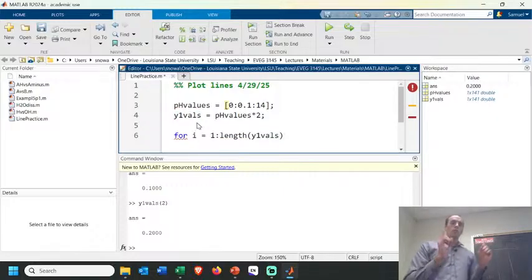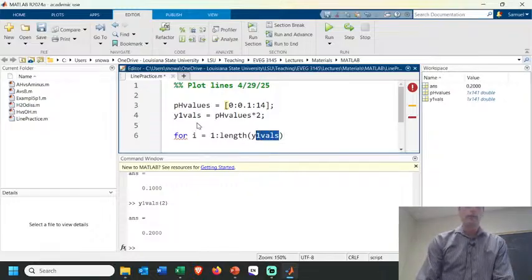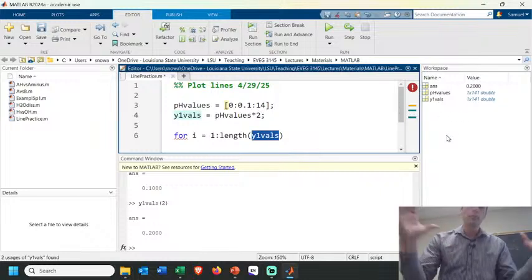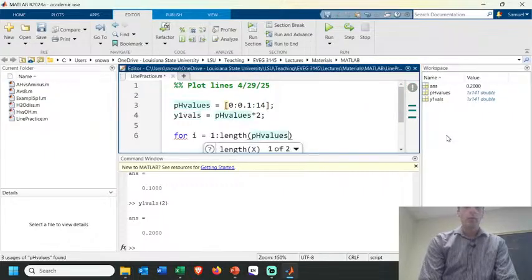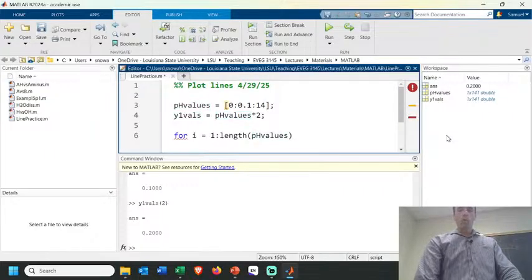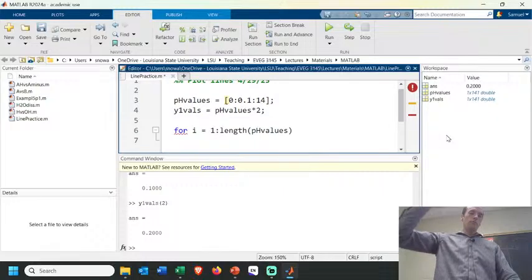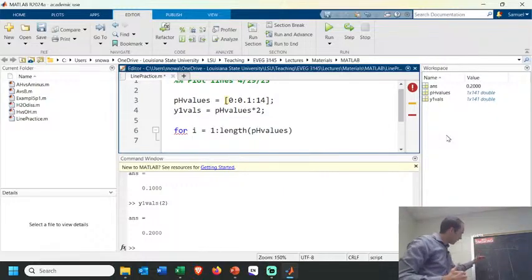So it's going to go for the total number of cells in the x values that we made, or in the Y values we made. I should just do x vals. They're the same length, these two matrices. And we can see that over on the right. They're 141 doubles. Double just means it's a matrix with numbers in it. But just to be clear with myself here, I'm going to say for that many times, for that many instances, I'm going to say